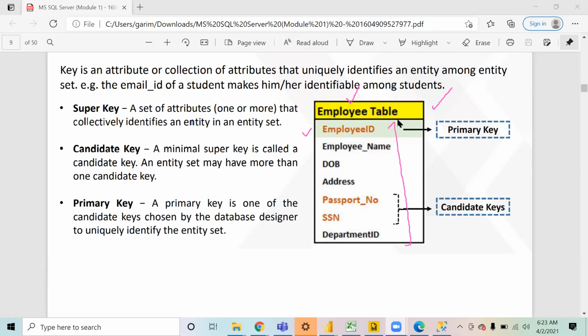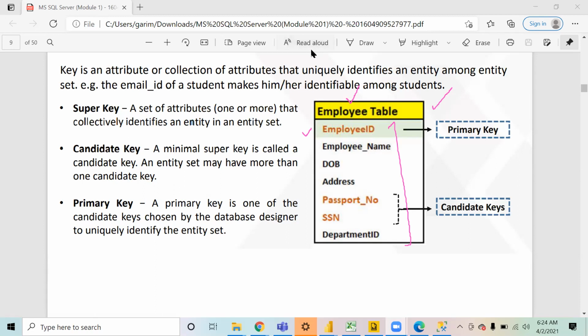Right, so basically employee ID, passport number, and social security number. These are three fields which are always going to have unique data only. They are not going to have duplicate data, because no two people can have the same passport number, the same SSN, or the same employee ID.